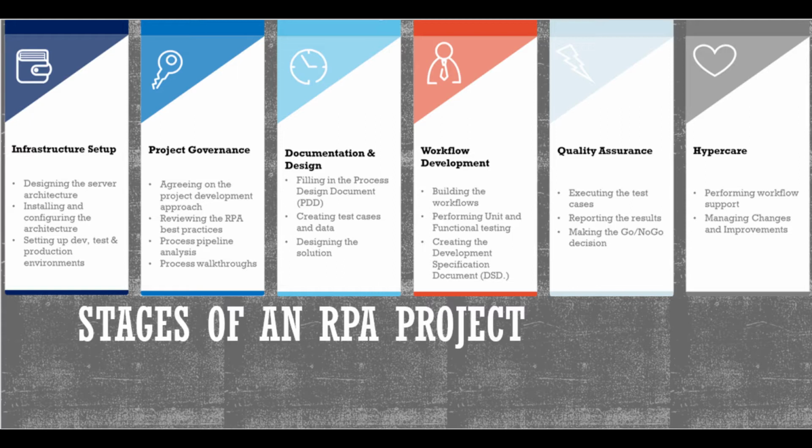Once the infrastructure setup is complete, we enter into the project governance model. When we talk about project governance, it's under the preparation phase, and the preparation phase can be divided into two parts. One is the general preparation, and the other one is project-specific preparation. When we talk about general preparation, it's about introducing the best practices, coding standards, and version control systems, and what else? Anything that is related to a general overview of whatever is happening in your RPA projects,